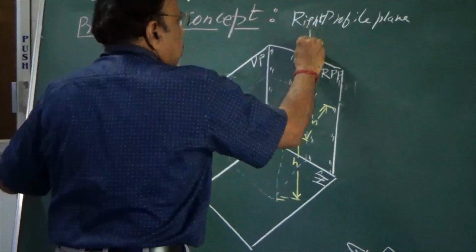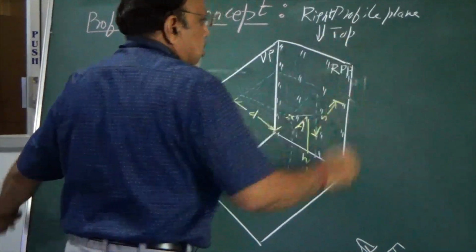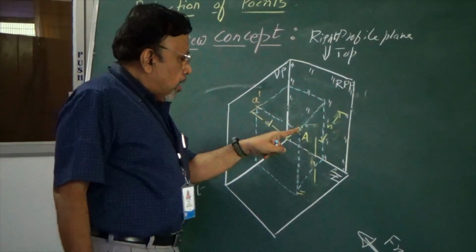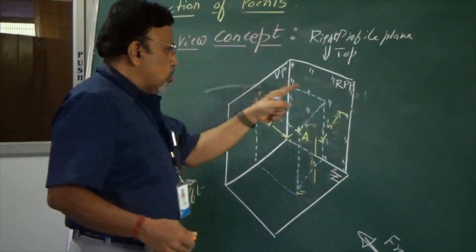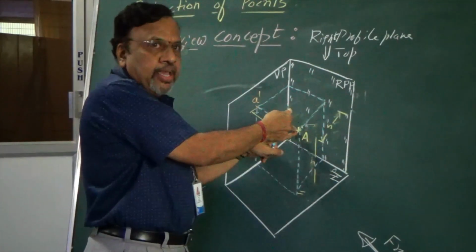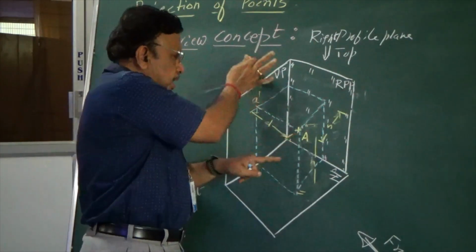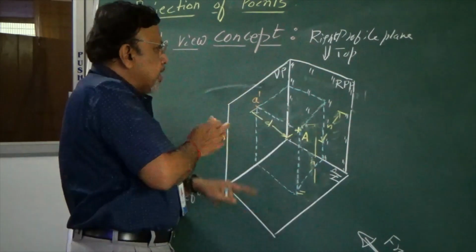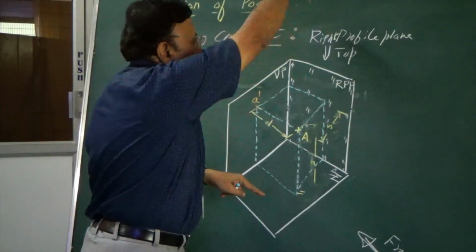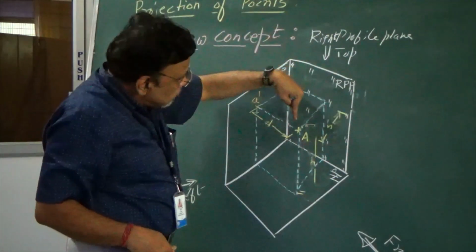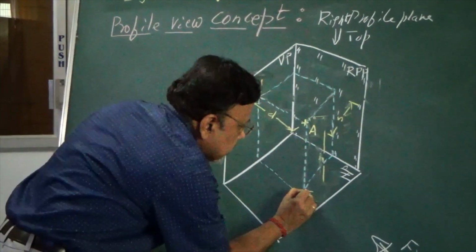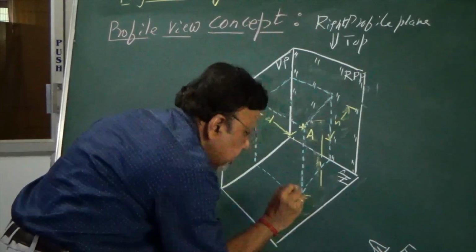And of course this is viewing from the top. Now as I told you just now, I need to draw the projections onto the corresponding planes. Let us have a look from the front. This is point A. I have drawn the projector, which will intersect the vertical plane, and we will get A dash. Now let us have a look from the top, that is above. If I look from above, this is the object, this is the horizontal plane. I will project it so that I will get this point to be A.